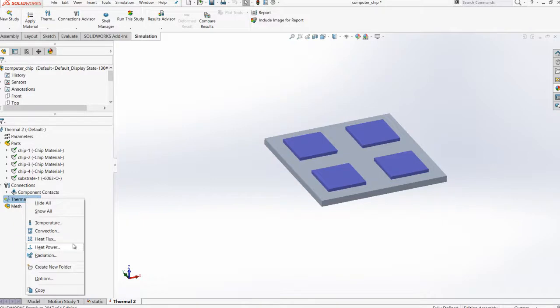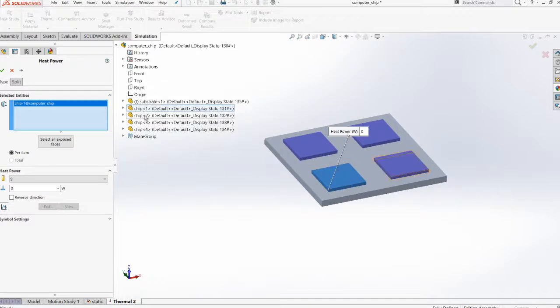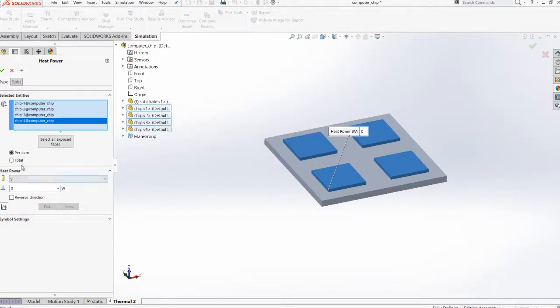And then I'll go with the heat power. It's a thermal load, and here I'll select all the 4 chips, 1, 2, 3 and 4, and here you can see it's per item. I'll take it as 0.2 watts and I'll click OK,